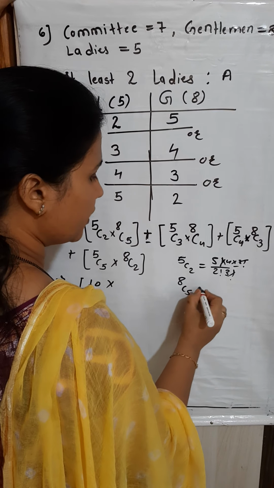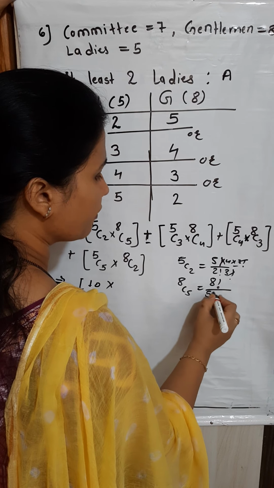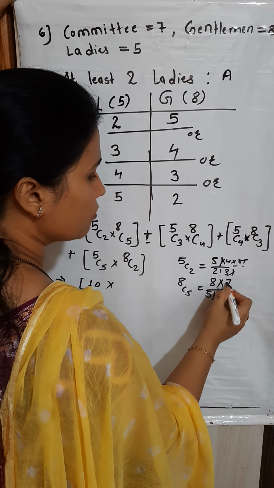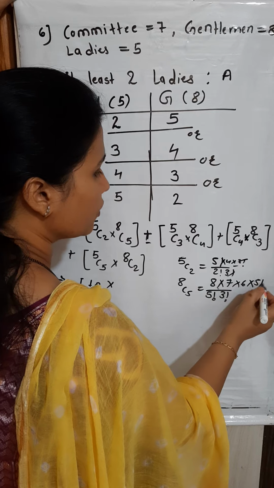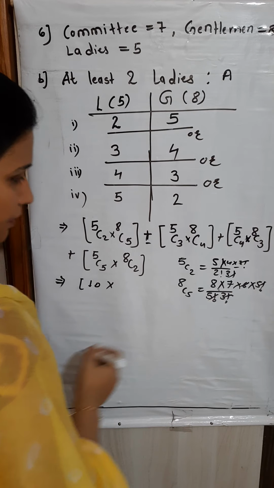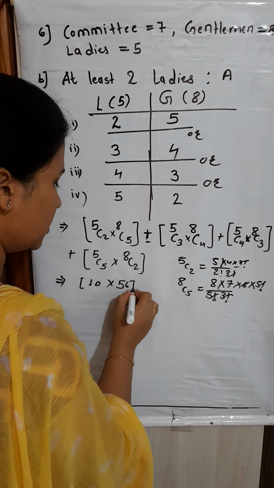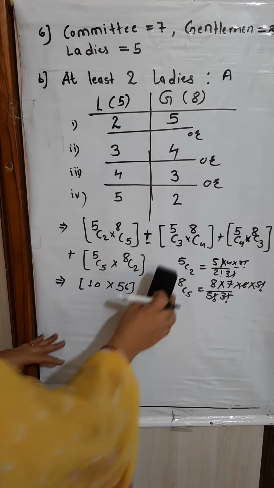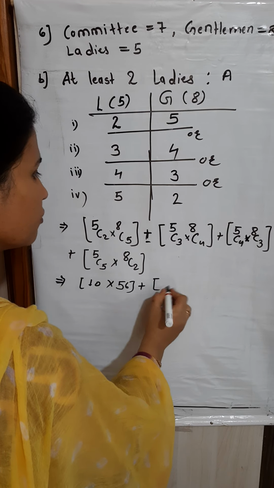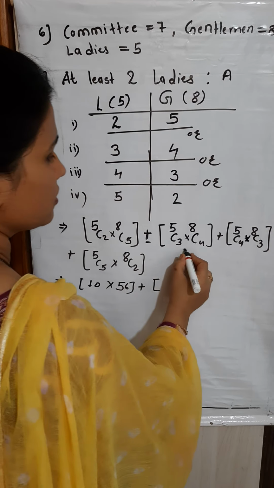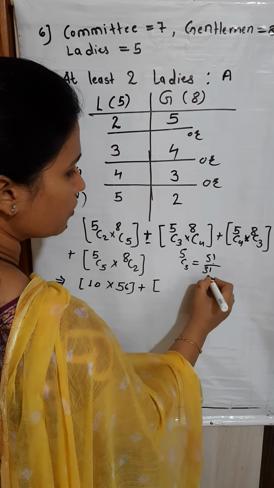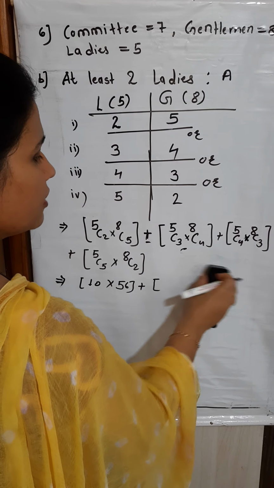8C5. 8C5 means 8 factorial divided by 5 factorial into 3 factorial. If we cancel 5 factorial from 8 factorial, then what will remain? 8 into 7 into 6, and 5 factorial get cancelled. 3 factorial has value 6, so we'll cancel it with 6. 8 into 7, this is 56. Similarly, for the remaining terms also. So 5C3 will give you the same value as 5C2 because the construction of 5C3 is the same as 5C2. It will be like this: 5 factorial upon 3 factorial, 2 factorial. Same construction is there. So again it will give you 10.